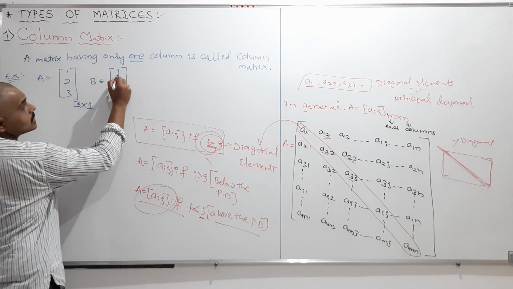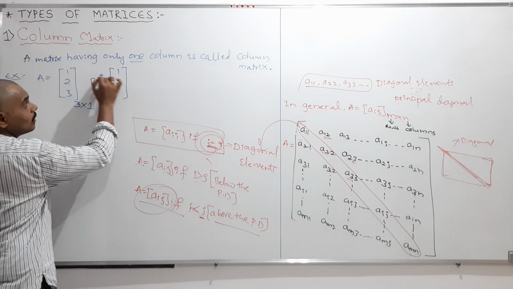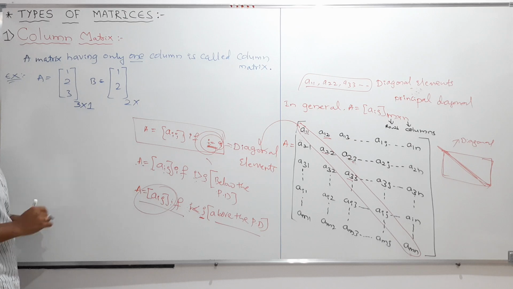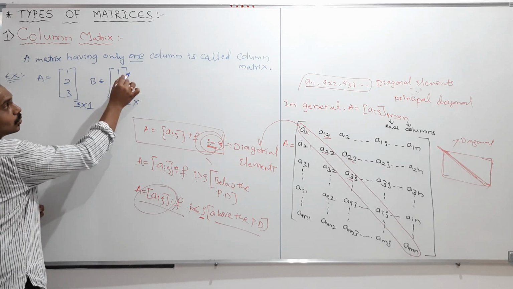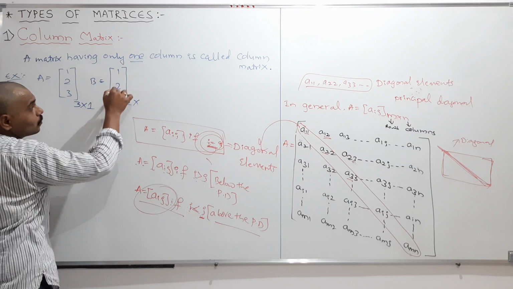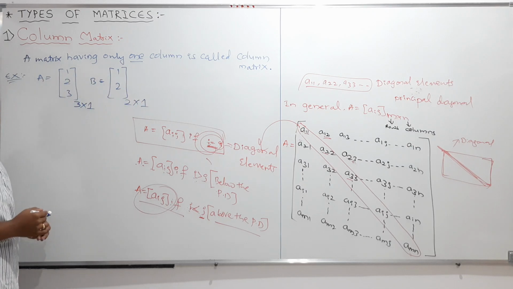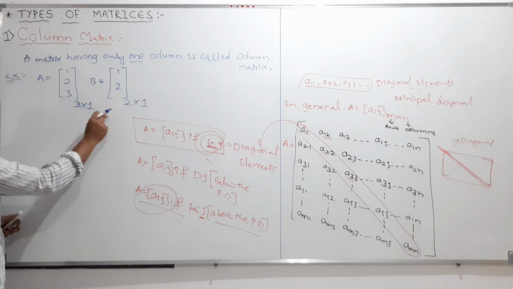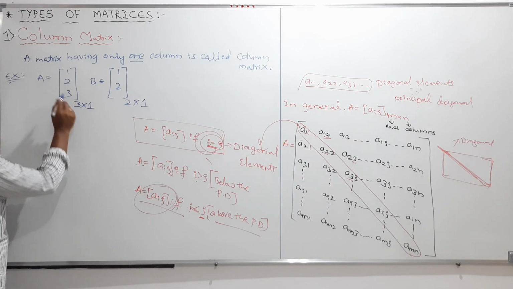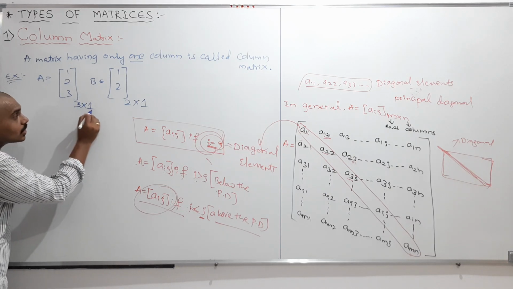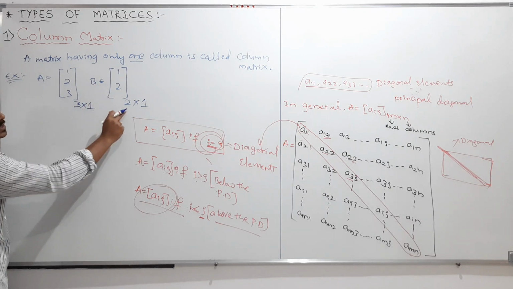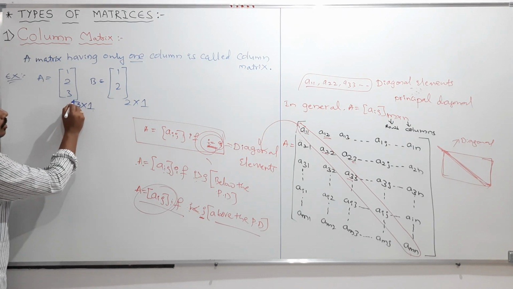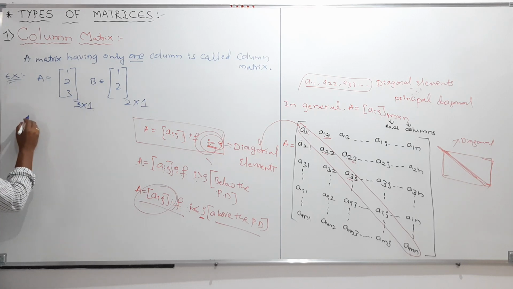Next, my dear friends, what is the order of this matrix? How many rows are there? 1, 2. 2 rows are there. Cross, that is, by how many columns? Only 1 column is there. So therefore the order of this matrix is 2 cross 1. As you are observing here, these are the examples. In the first example the order is 3 cross 1, and in this example the order is 2 cross 1. So therefore you can observe in the column matrix in general